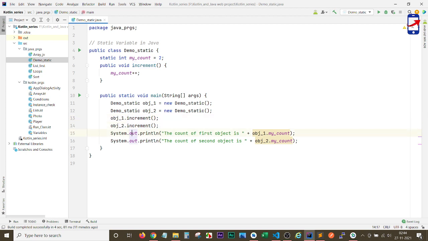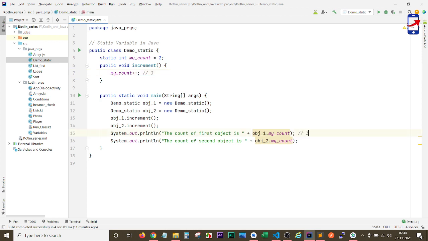So what value should come? obj_1 dot my_count should be increasing by 1 only, so the value should come 3. Here the value should come 3. Here the value should come 3.